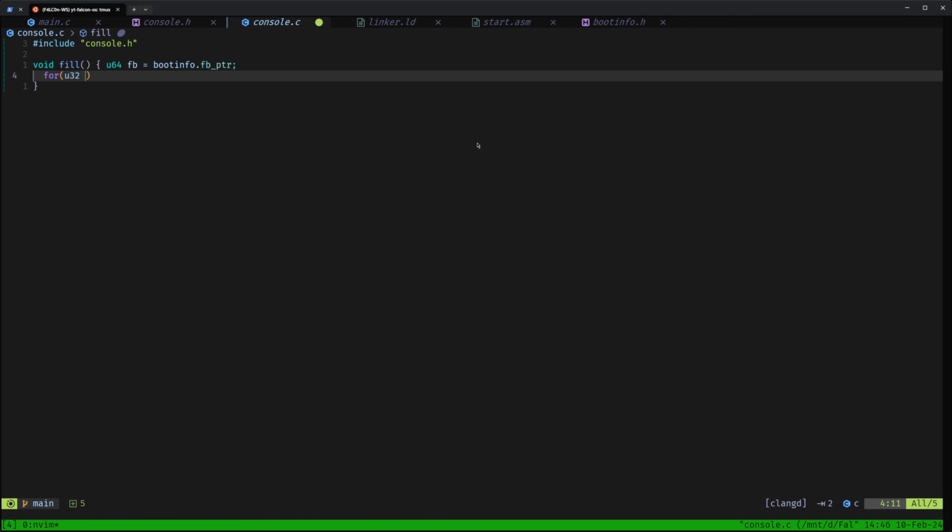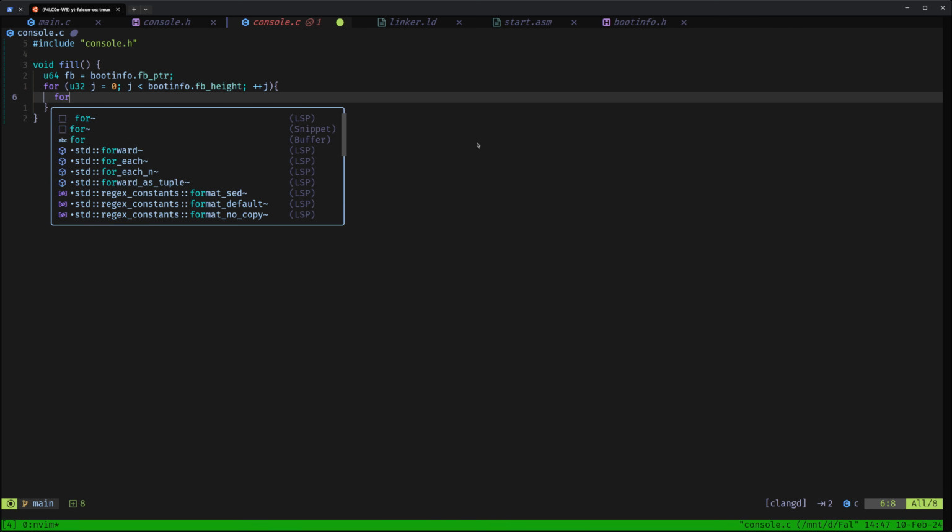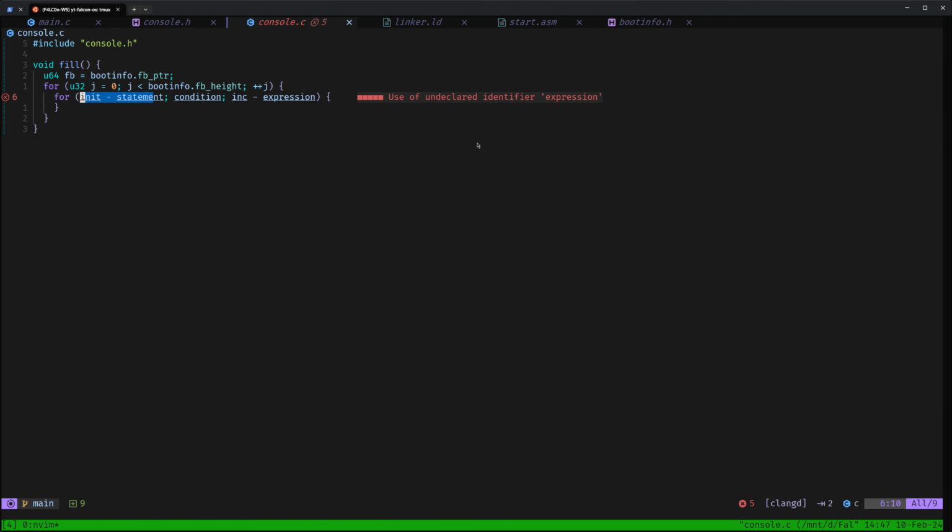So u32 j, which is the outer loop, will loop over the rows, and then start to go from 0 to boot info.fb height, right, and plus j, right, and here we're gonna do another for loop. Yeah, actually, don't do that, please. Right. So for loop with a u32 i from 0 to